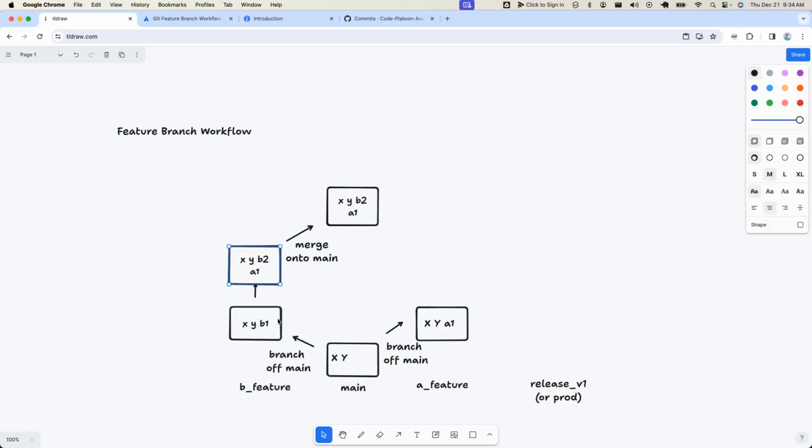And both on Dakota's branch and on my branch over on A, we have that stuff from the main branch. Dakota made some changes, and then he made this other change, A1, and I just want to illustrate that he made a change to the same line of code that I'm going to change. And that's where the merge conflict is going to happen. Because if I try to merge his stuff from main onto my branch,